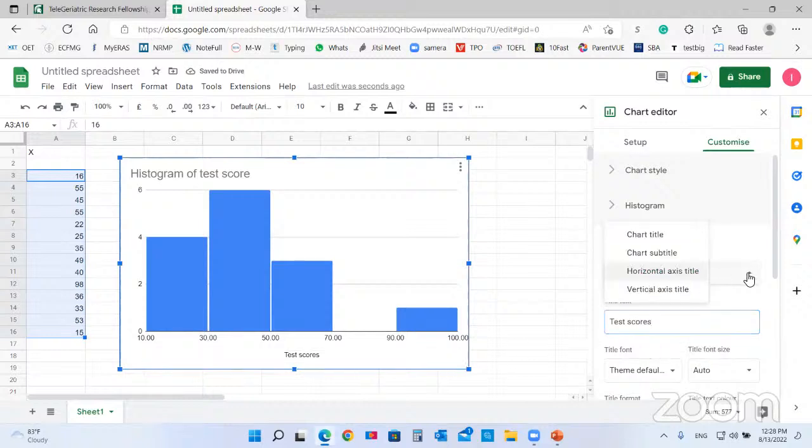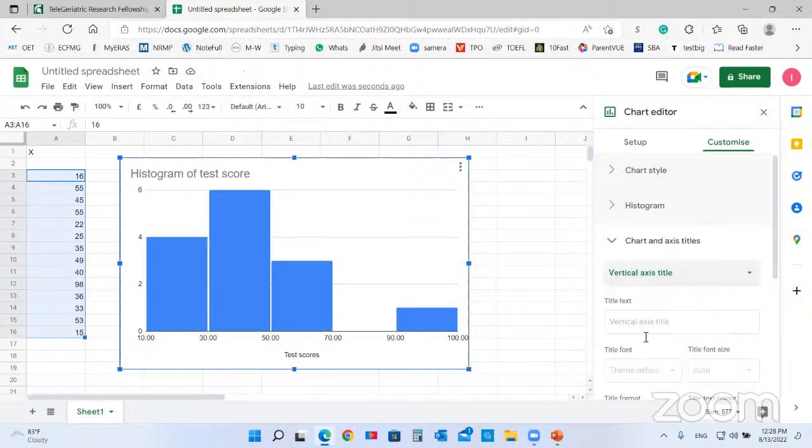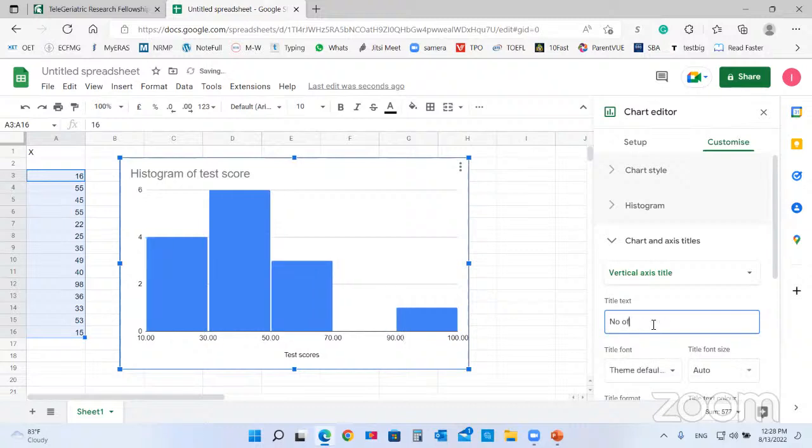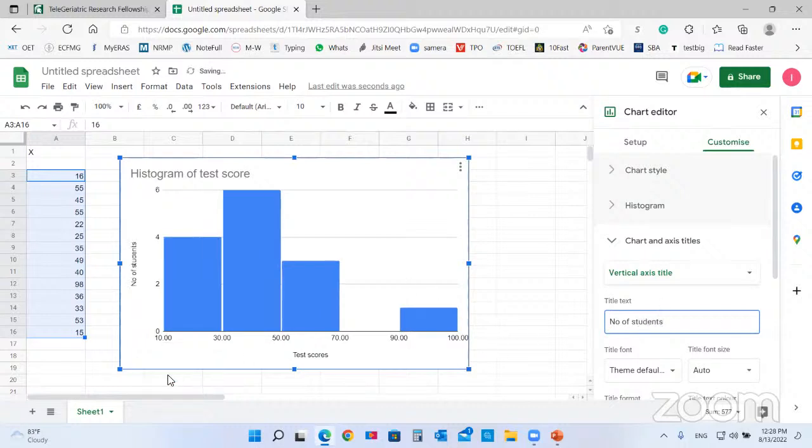And let's change the vertical axis. Let's say, for example, this vertical axis represents the frequencies of this data, the frequency of this test score. And let's say this is number of students. Here it is. We got the number of students, and we have the test score. And this is the histogram, everyone. From the start, we could just select our data, highlight our data, and just press insert and do the histogram.